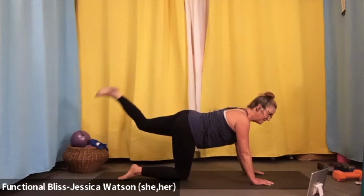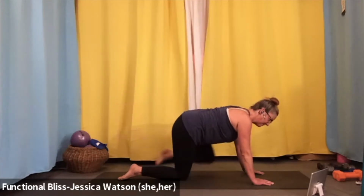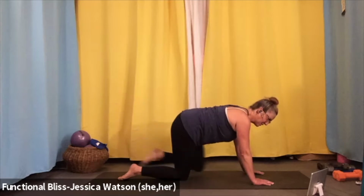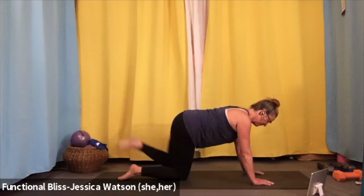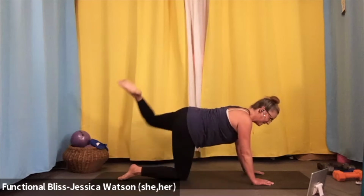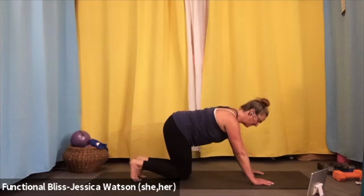And then bend the knee a little bit, and then draw the knee in circles. Circle in one direction. And then circle your knee the other way. Nice. And then set that knee down, hovering table, curl both sets of toes under, pick your knees up, firm